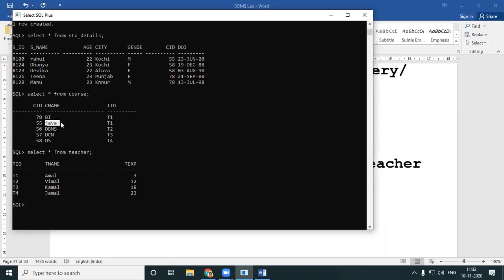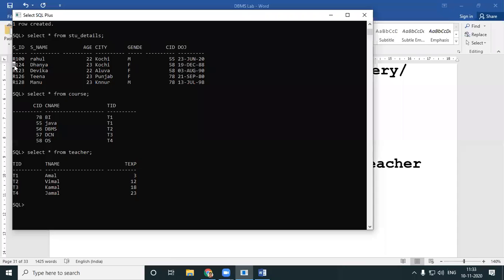Who teaches Dhanya? I'll go once again how you got Jamal. You took Dhanya, the row, CID. You can only do a checking with CID simply because CID is the foreign key. You cannot do a checking with any other field. Referencing to another table only happens through CID. So you can link or get a link to the course table only through CID. You can never get it through gender, city, age, nothing, simply because they are not foreign keys.